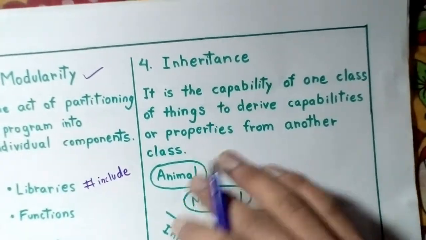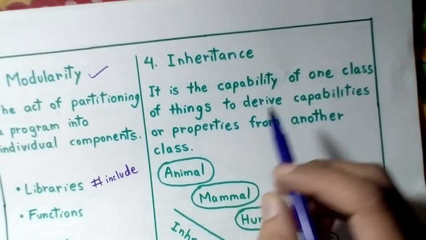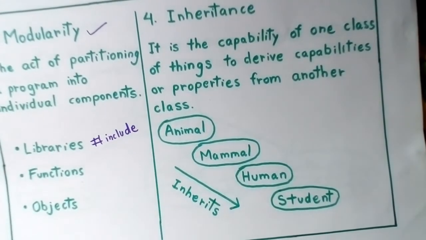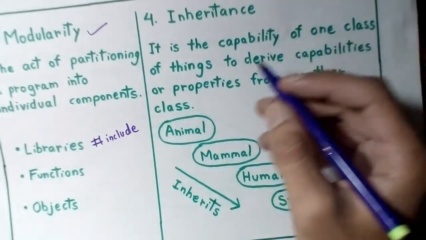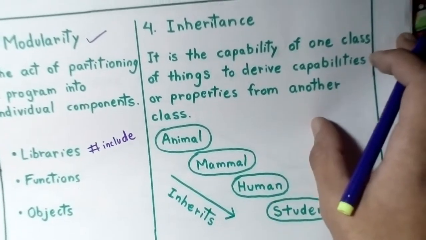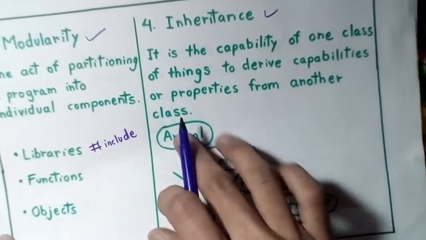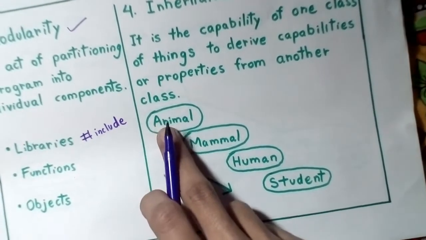Number 4, inheritance. It is the capability of one class of things to derive capabilities or properties from another class, which means here in C++, with respect to inheritance, the syntax is there, but if we take an example such as animal, if we think of animal as a class,